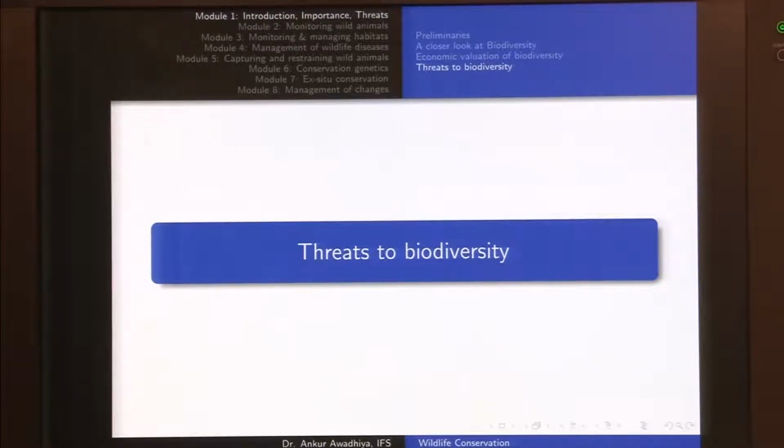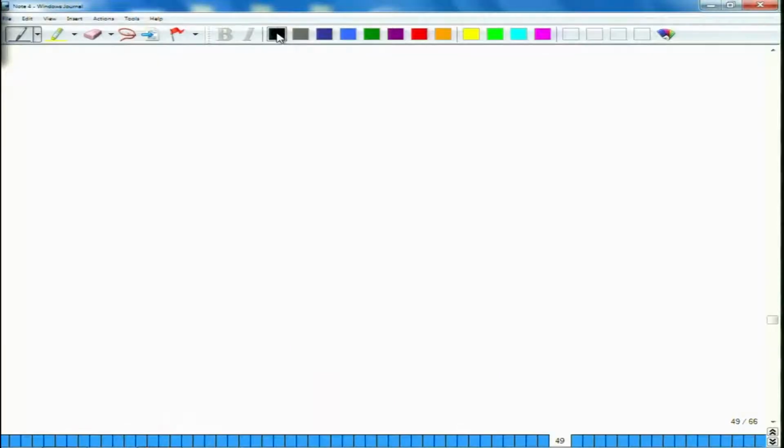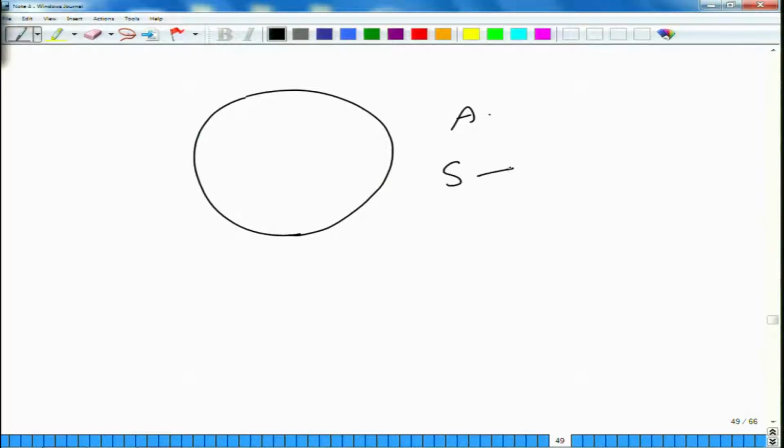So, let us begin with a simple calculation. Consider an island. This island has an area of A, and we want to know the number of species that are there in this island. So, the species number is a question mark. We can intuitively think that if the island is of this size versus if we had a larger sized island,